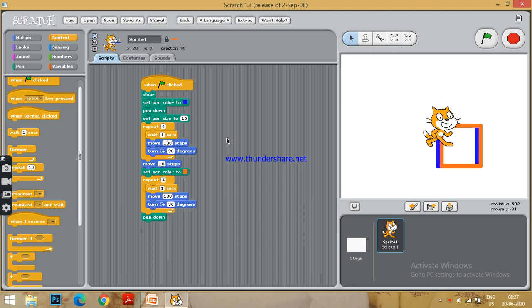You are able to animate yourself only if you practice a lot. So there are hands on given in your book. Go through that hands on and try to generate some designs by using the Scratch software.